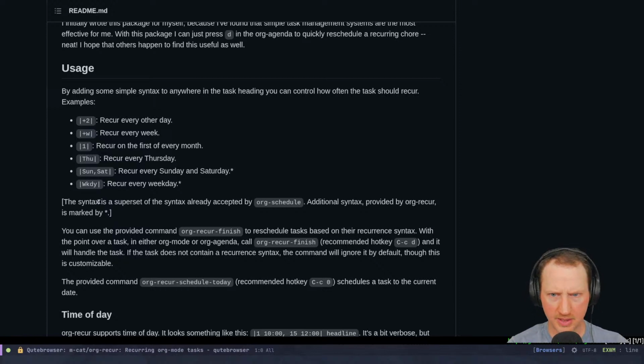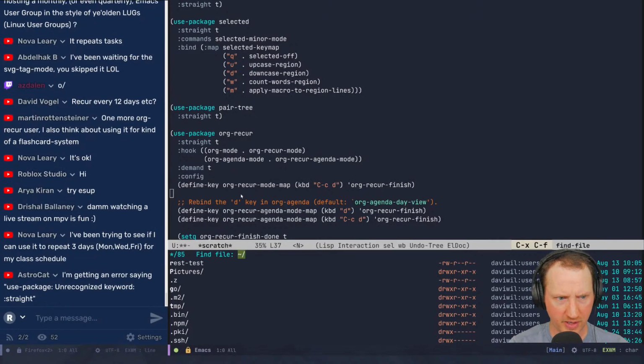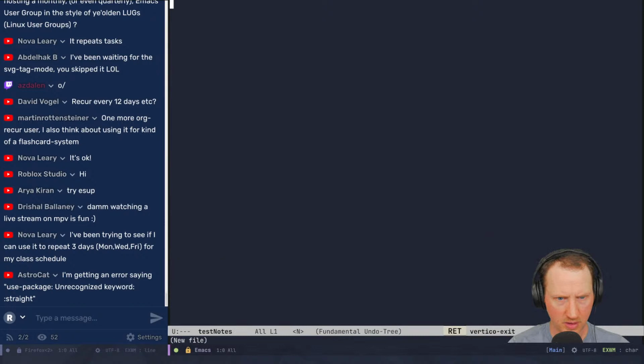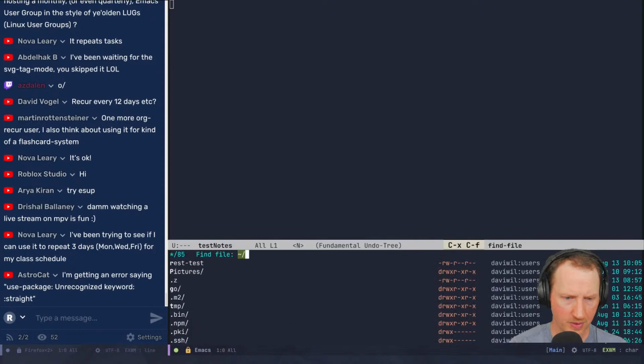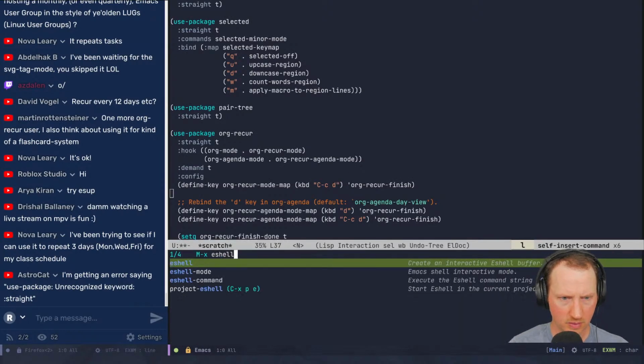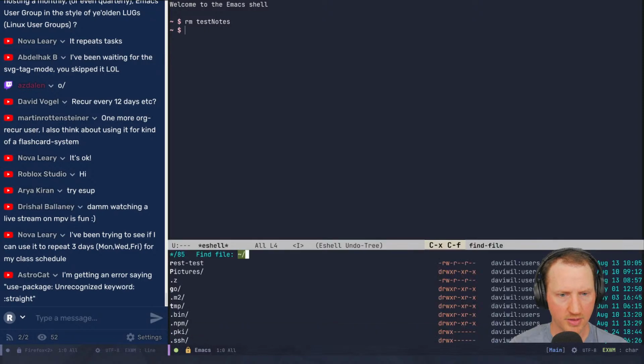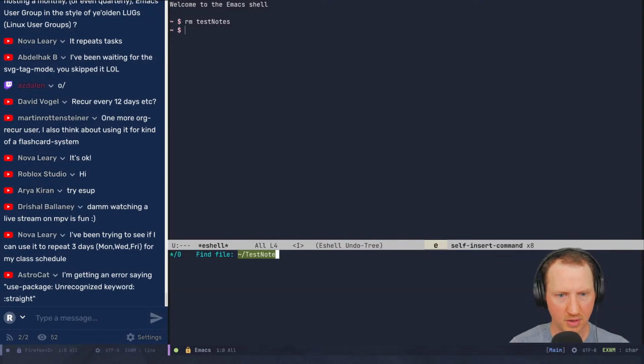And let's see. I'm going to create a test org file. Let's just say test notes. And we'll create a to-do. Oh, whoops. That was a folder. Delete, delete. My mistake. All right, so test. We'll do that right. Test notes